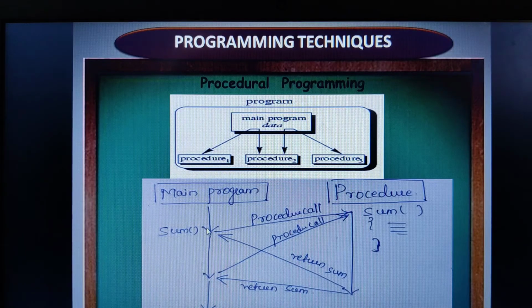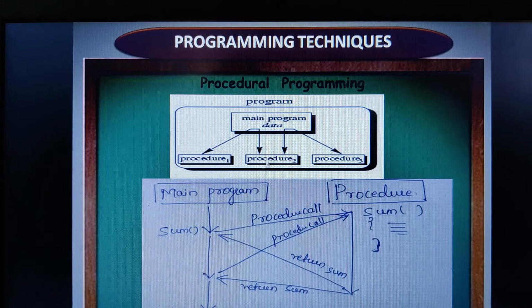After that, again we continue working with our main program. When you continue with your main program, at this point of time you again want to calculate an addition of two numbers. You want to make a procedure call known as sum. Then again you can make a procedure call. When you make a procedure call, again the control moves from this point to where you have written the procedure called sum. Again a series of instructions will be performed. It will calculate the addition of two numbers and return the answer to the point where you made the procedure call, and further it will continue executing its main program.